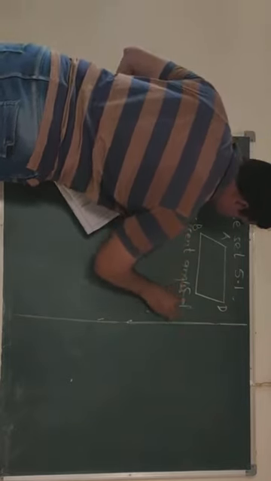And now the remaining question: as this is a parallelogram, what about these two lines? These two lines are parallel. So what about this one? That is x, that is 2x. So these are interior angles, and if lines are parallel, interior angles are supplementary. Means angle B plus angle C equal to 180 degree. Using that, find out x and then find out the remaining angles.